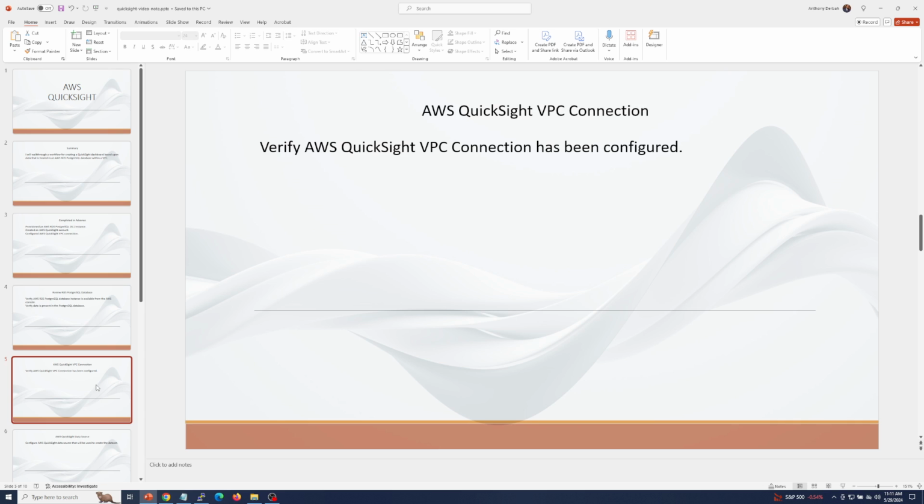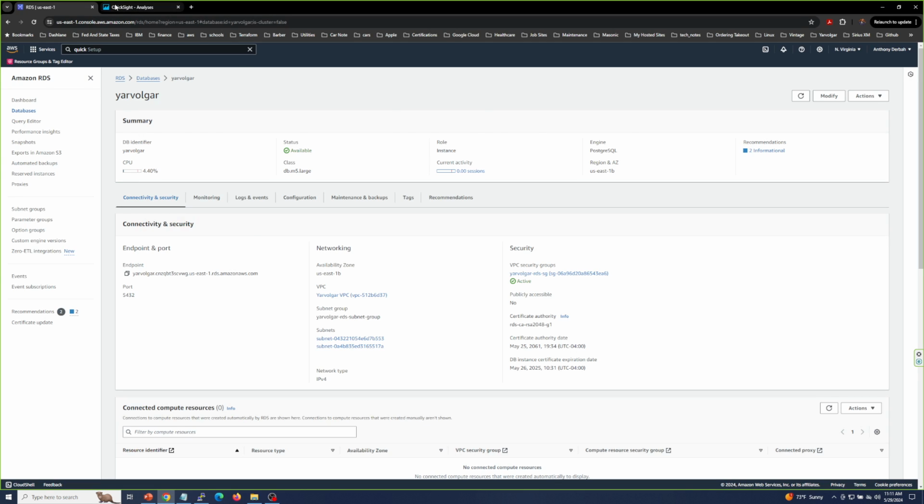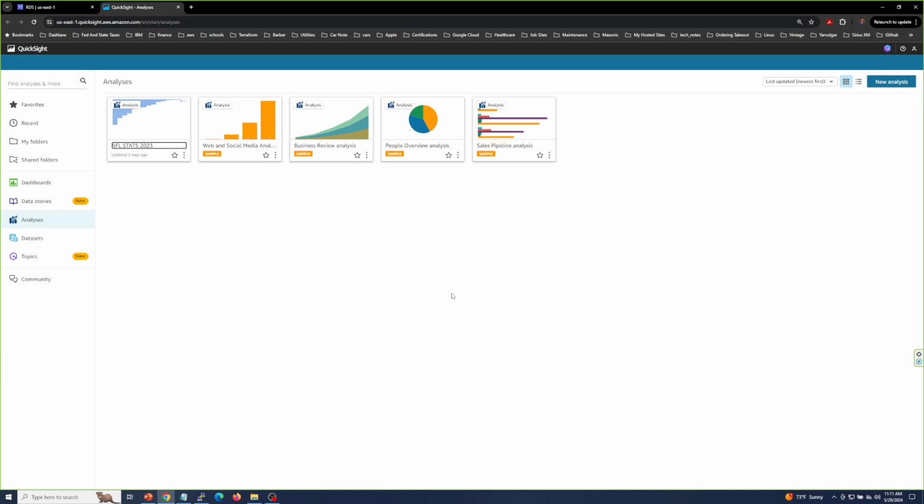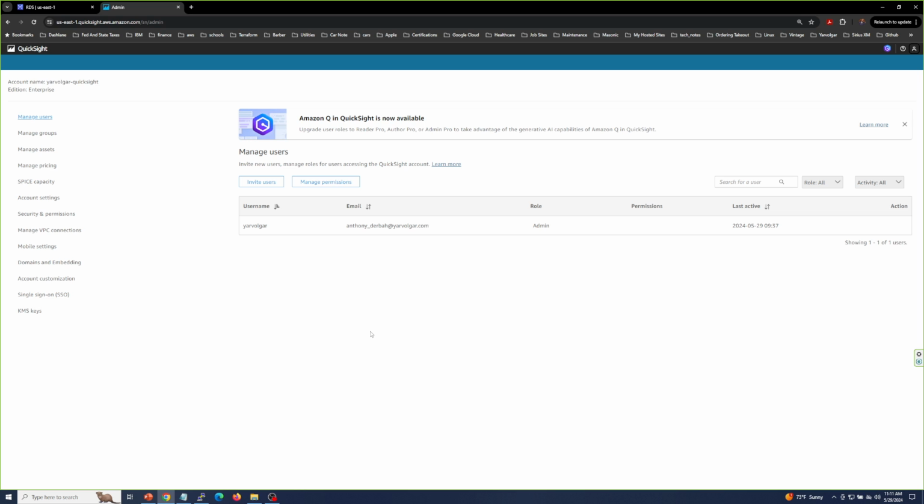Next, I'll proceed to log into the AWS QuickSight console and verify that I have a VPC connection configured. So I'm currently logged into my AWS QuickSight console. I'll click on my user icon in the upper right hand corner, which will drop down a menu. Within this menu, you have a Manage QuickSight option, which is only available for admin users, which will take you to administrative settings for QuickSight. Towards the middle of the menu, there's a Manage VPC Connections,